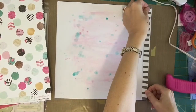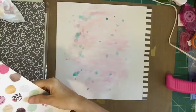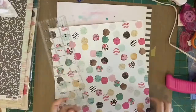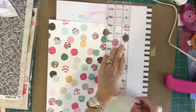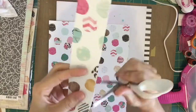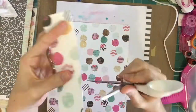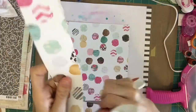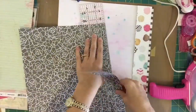So now I'm cutting up some of the papers. I love that black and white stripe, so I'm using that on the right side as a grounding piece. And then I'm going to take this polka dot piece, and I think that's a Webster's Pages Beautiful Chic line, and I'm just roughing it up with my scissors. I couldn't find my Tim Holtz distressor, so I just picked up my scissors and started using those instead, and it worked. So I'm going to put that down over that stripe,